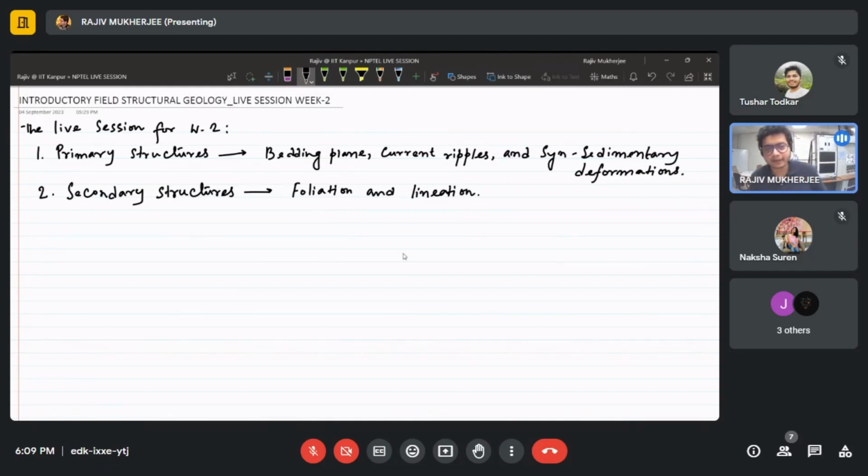Okay, and we also talked about the regional importance of these different kinds of structures and how we utilize them to understand the regional tectonics of a particular area, right? So in this regard we will be discussing 4 different topics. So topics of today's discussion: